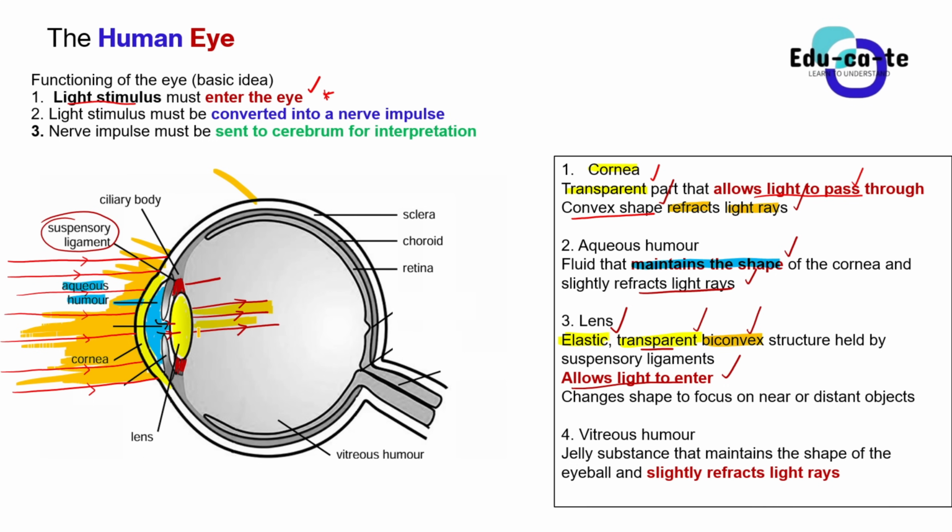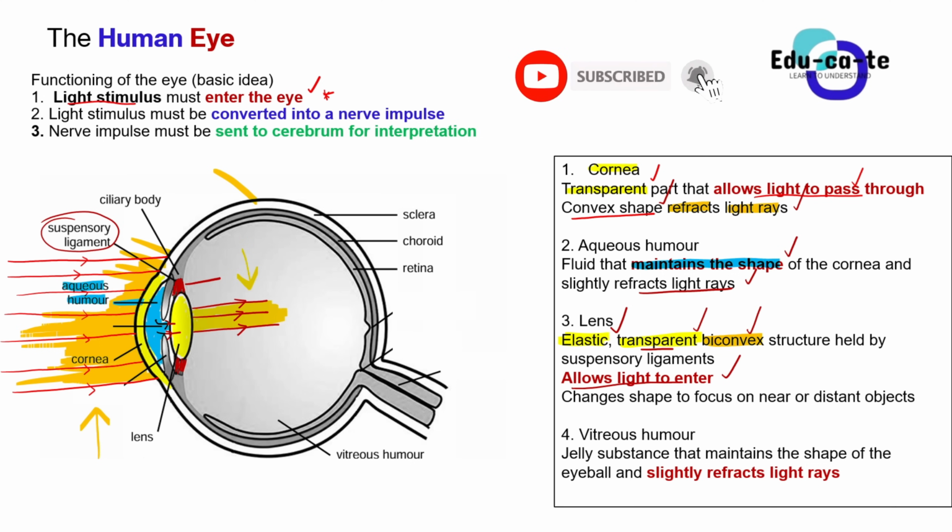It's because the lens allowed them to pass, because the lens is transparent. It's a transparent part of the eye. So here is the light. You can see now that the light that was outside was a lot, but only less light will enter. It's because the light rays have been bent, they have been refracted, they have been made small enough so that they can fit inside your eye. I hope that's being understood, matriculants.